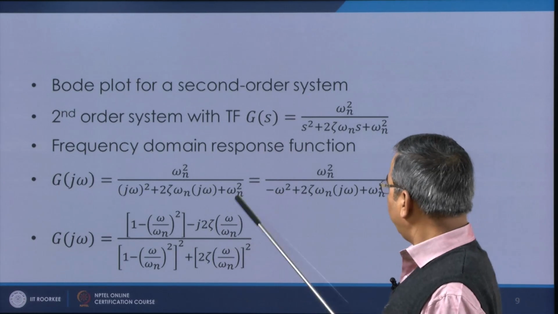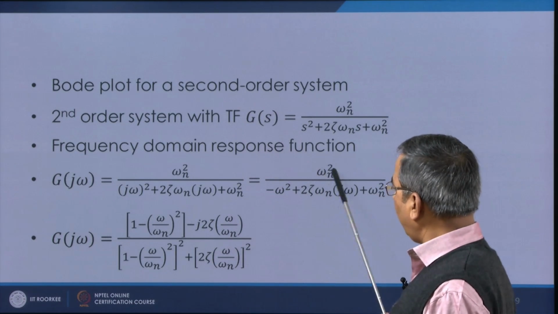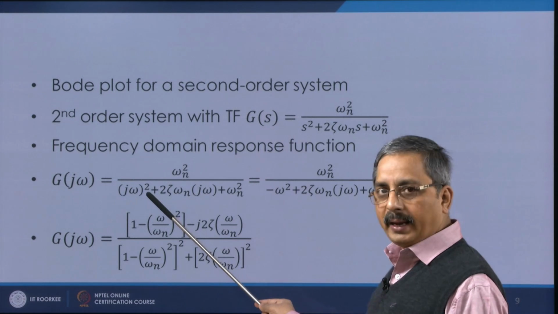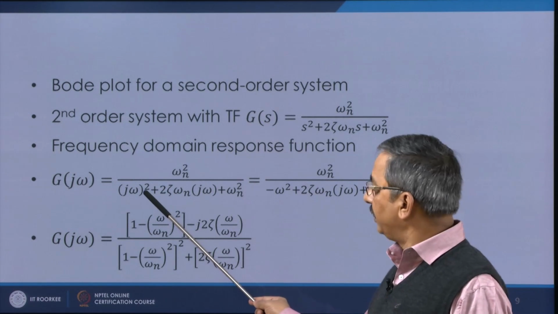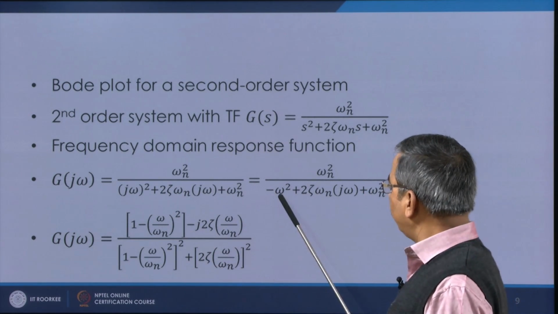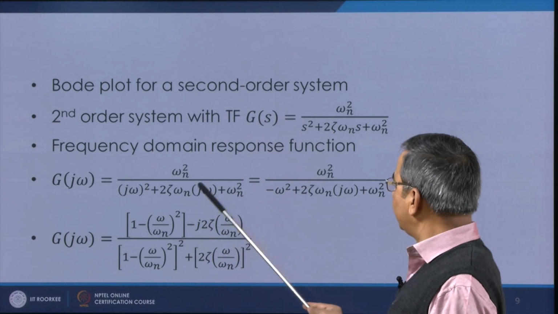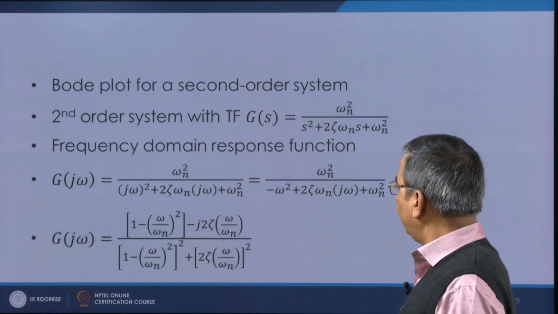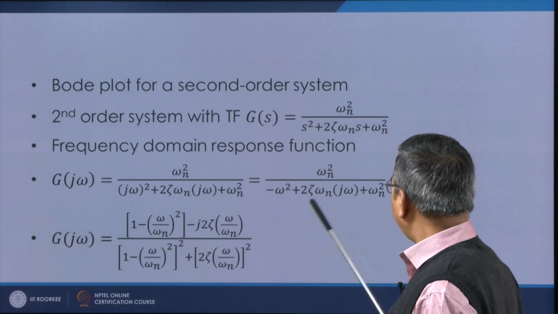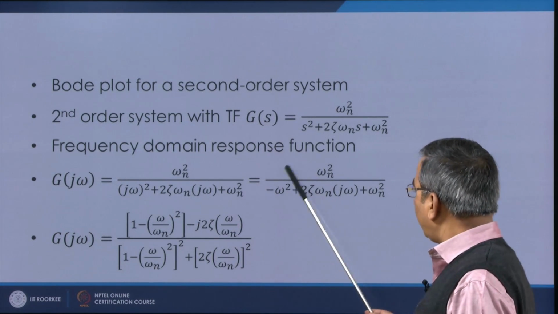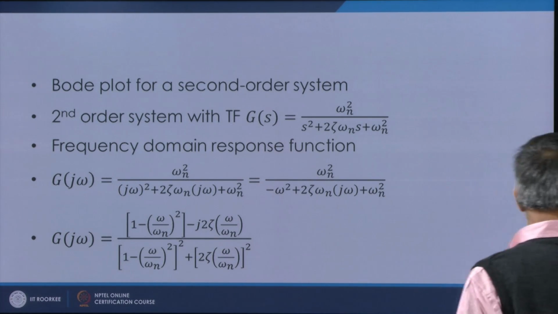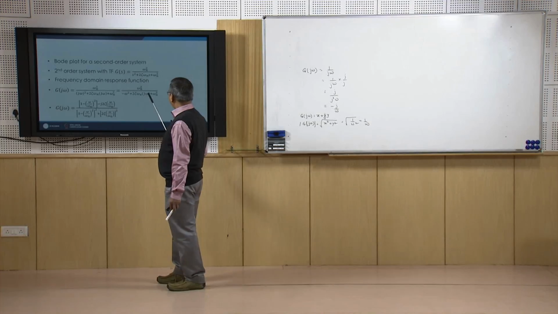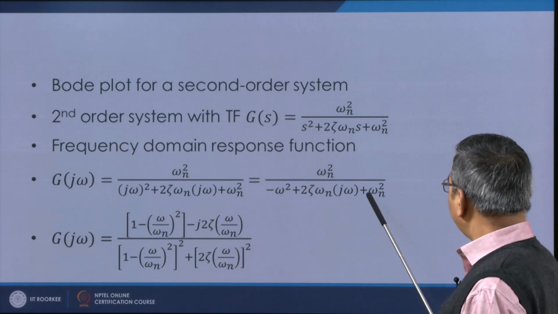Okay, or here I can write this as omega n square. Here it will be actually j square omega square, and j square is minus 1. So, we have minus omega square plus 2 zeta omega n j omega plus omega n square. And again I can write in the conventional form of x plus j y by multiplying numerator and denominator by